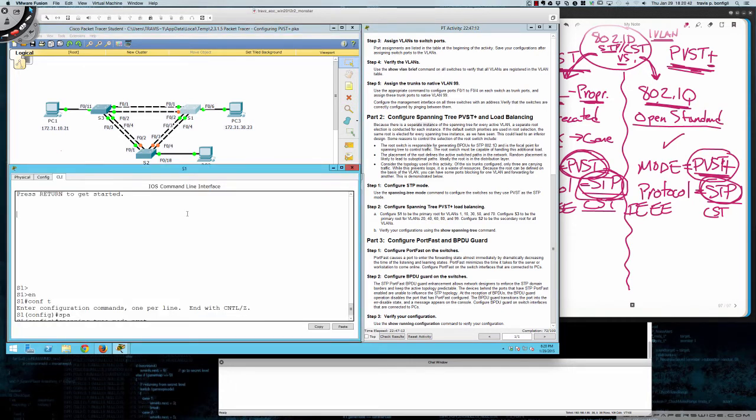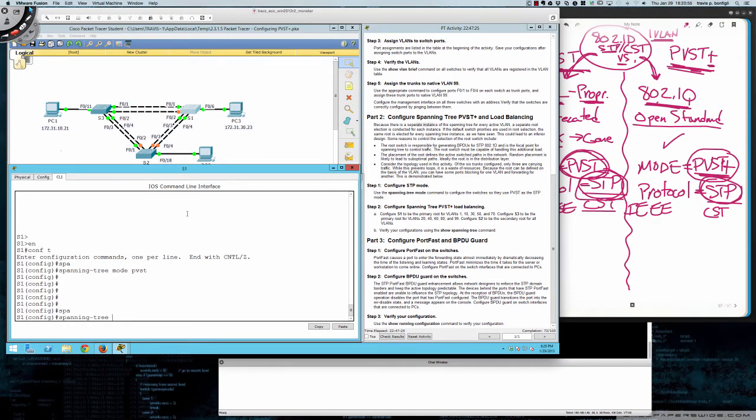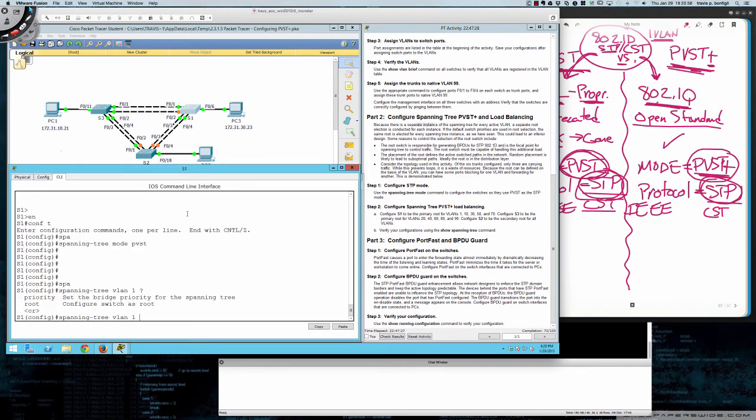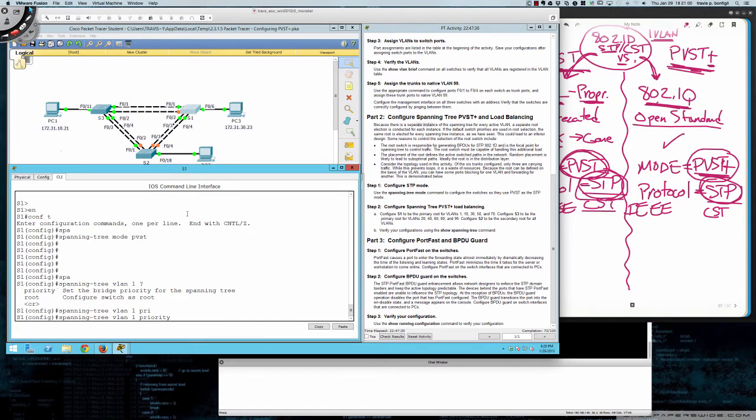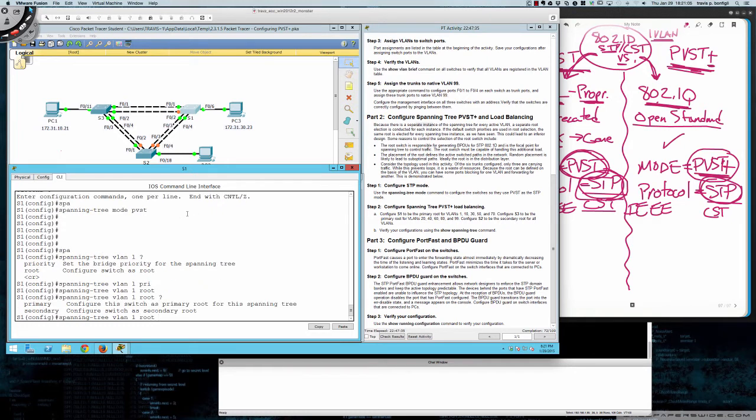So let's jump on to switch 1 here. And it's going to be interesting to see how they want us to do this, because there are 2 ways that we can do this. The first is using a macro, which would be spanning tree VLAN 1. The macro would be if I typed in root and then primary. What that command is actually doing is running the command spanning tree VLAN 1 priority